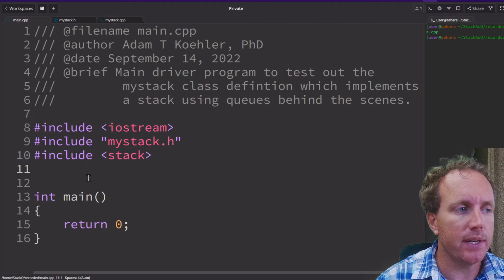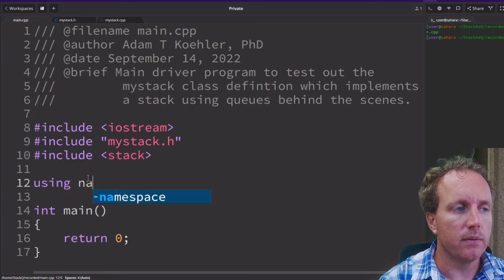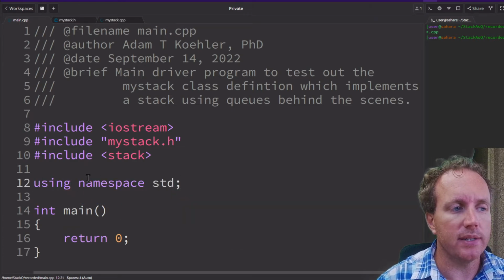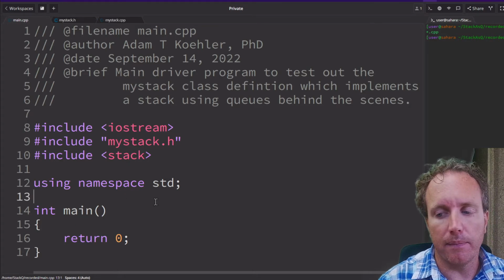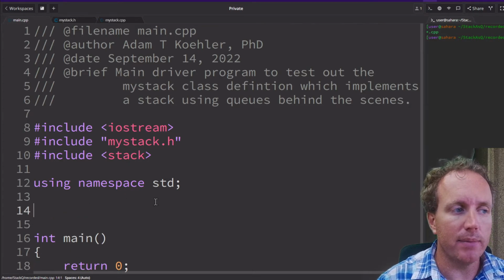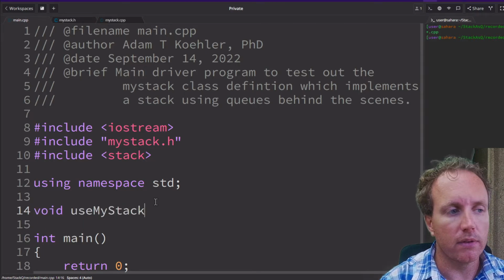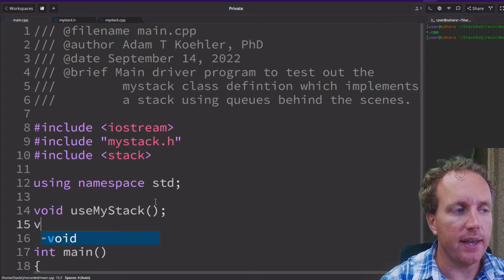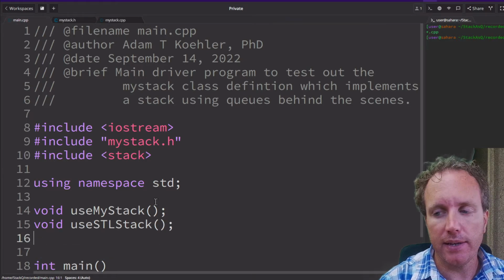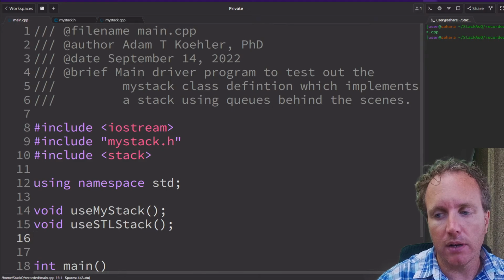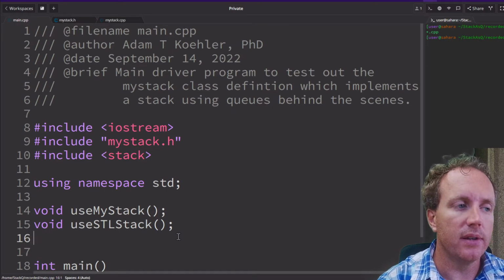So iostream, and then we need, of course, to use the namespace we want to use. And so we're going to do a few things here. We're going to implement with mystack, right? The implementation that we have. So I'll use mystack. And then we're going to use the STL stack, the standard library. And then we need to have a printout function for that student